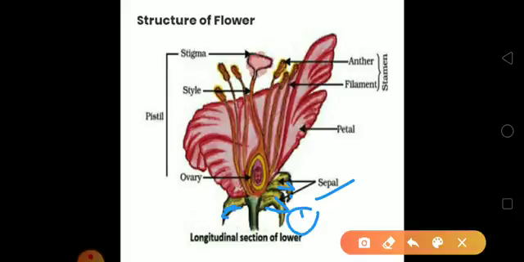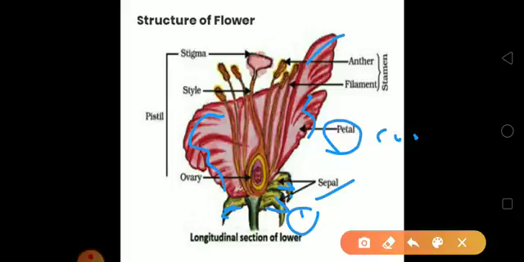Now, the second covering is corolla. We can say petals. Corolla or petals. It is the collection of petals. Petals are generally large, brightly colored.